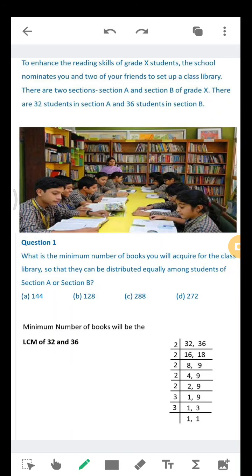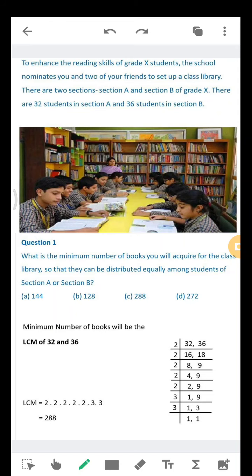So you know this method of finding LCM. You can find it, then multiply all the prime factors, so we get 288. Now one question arises: why won't we find HCF? That's common sense. If you find the HCF of 32 and 36, you get 4, right? So few students ask